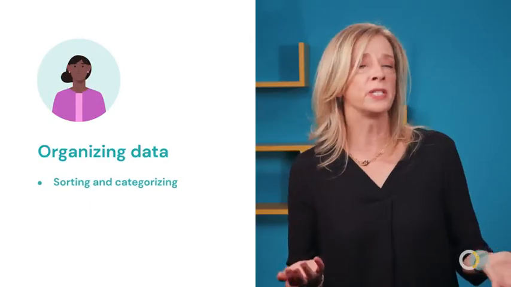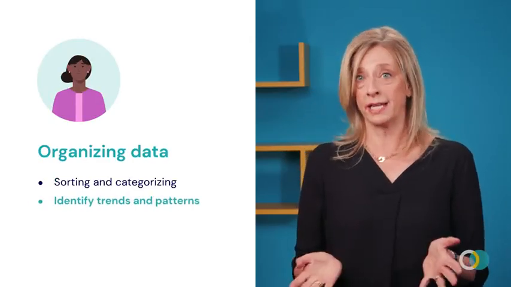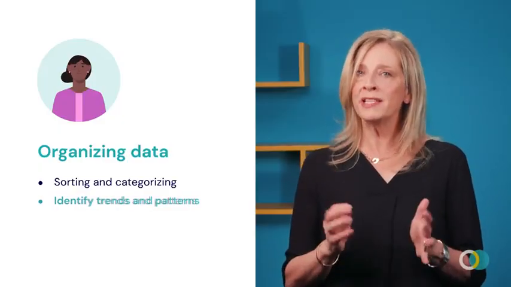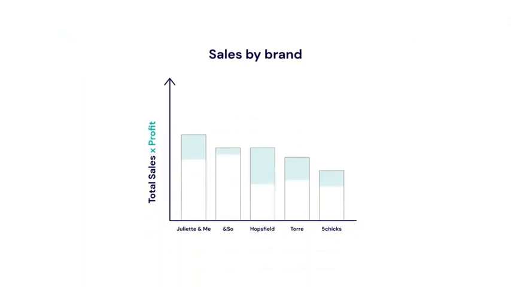Now Anna can organize her data. Anna will sort and categorize the data and find trends and patterns. Organizing the data in this way will better help Anna to make decisions for the coming winter's inventory. When Anna orders clothes for the next season, she orders from the different brands she usually carries in her store. So it's helpful for her to know which brands she sold the most of and which brands were most profitable